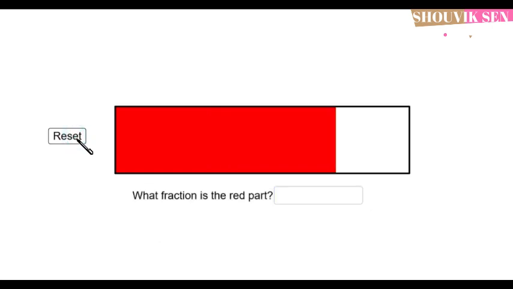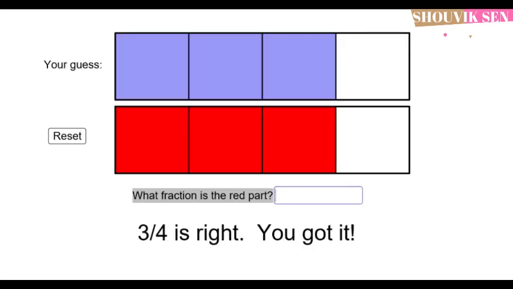Can you guess for this number? You try something and I will also try something, and we will see whether we are right or not. How much part will be the red portion and how much part will be the white portion? I will say 1 by 4. Will it be correct? I'm just checking with my mouse how much it would be. 3 by 4. See, 3 by 4 is the correct portion. 1 is only the white part and 3 parts red.